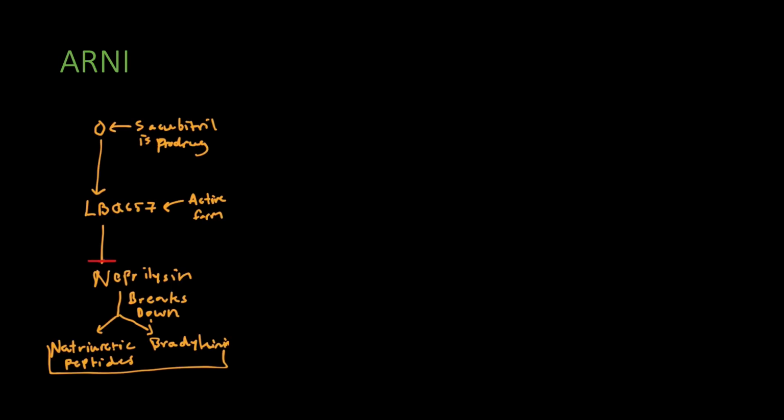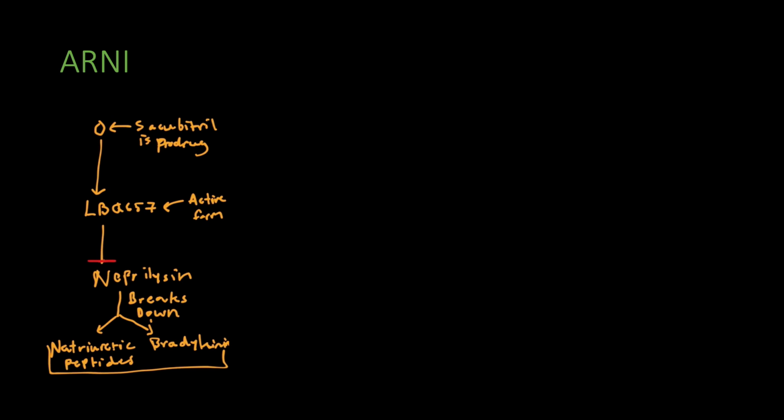So this is a diagram of the ARNI system. What happens here? Well, the liver is primary. The medication is first taken, and one part of it is the sacubitril. When it's taken inside the system, it goes through the liver, gets metabolized, and converts into an active form. Sacubitril is a prodrug, so it needs to be activated in the system in order to work. Once it goes through the liver, it metabolizes to its active form,